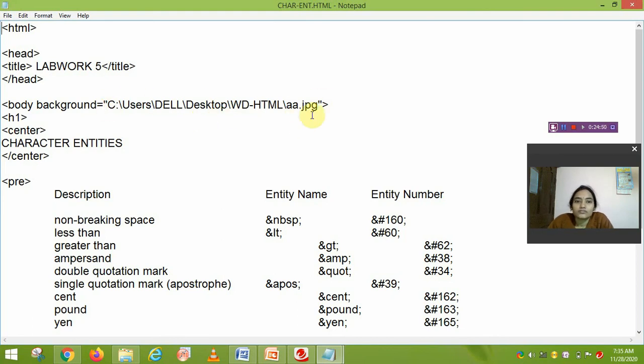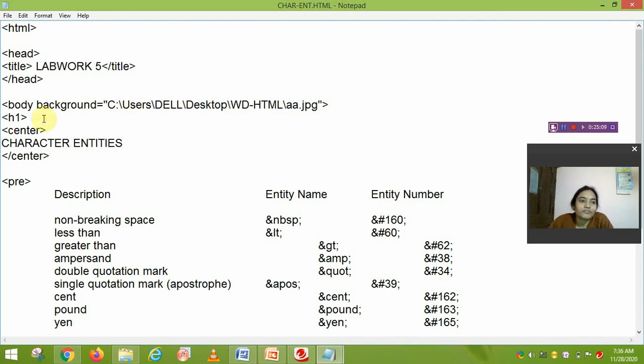The file can be a JPG file, a PNG file can also be inserted there, or a GIF, which is an animated file, can also be inserted there. So this is how to set the background image.